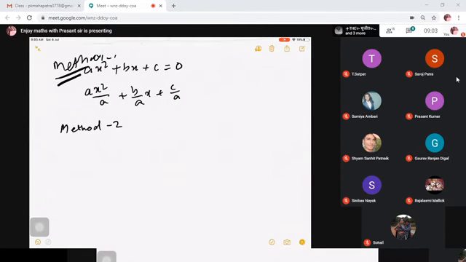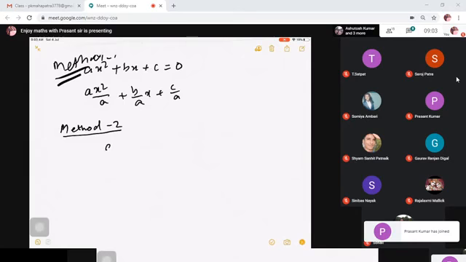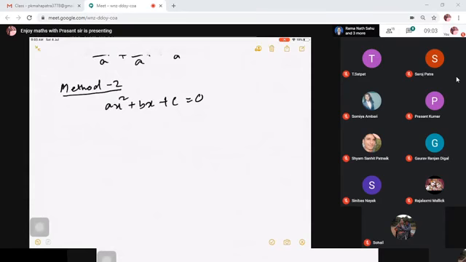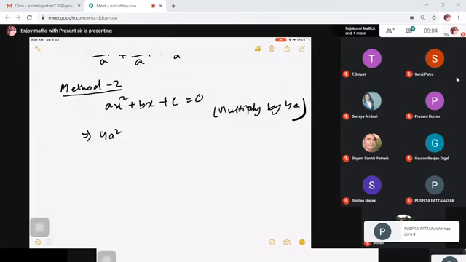Let us take the same equation, ax square plus bx plus c equal to 0, and now we shall multiply it by 4a. Okay, now it is 4a square